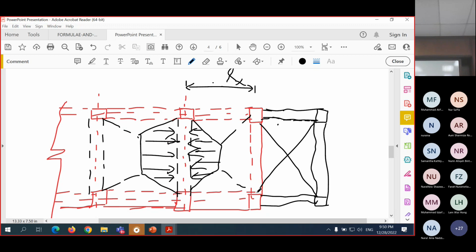So the load from the slab is kilonewton per meter square. So you need to convert that into kilonewton per meter. Okay. And the load from the wall,